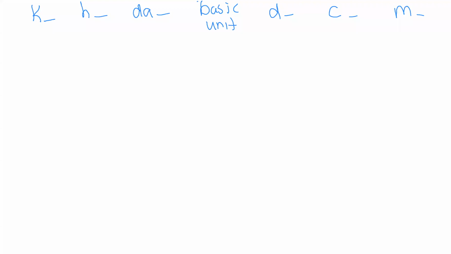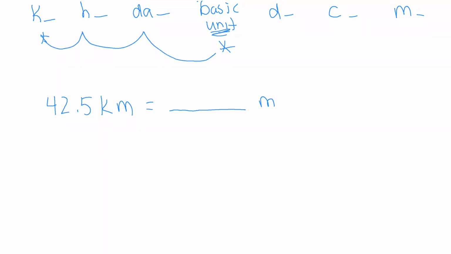So let's say we have 42.5 kilometers, and we want to convert that to meters. Okay, meters would be the basic unit. So we want to go from kilometers to a single meter. So basically what you do is you figure out where you're starting. We're starting with kilometers right here. In order to get to meters, the basic unit right here, I need to move to the right, and I need to move 1, 2, 3 spaces to the right. So 3 moves to the right